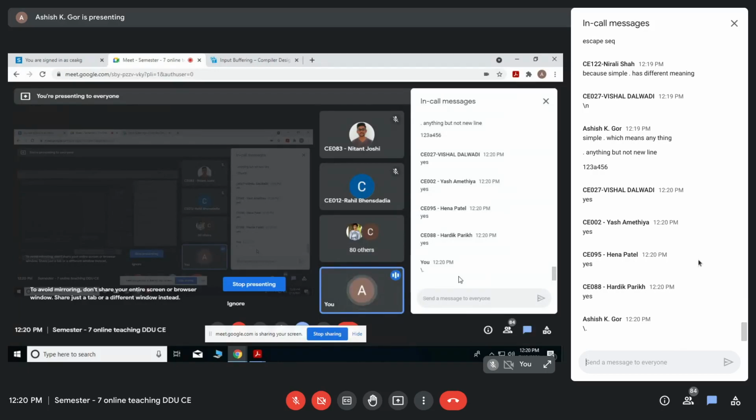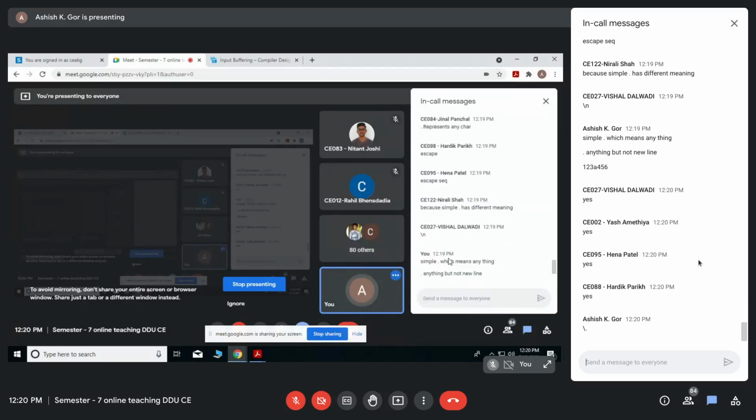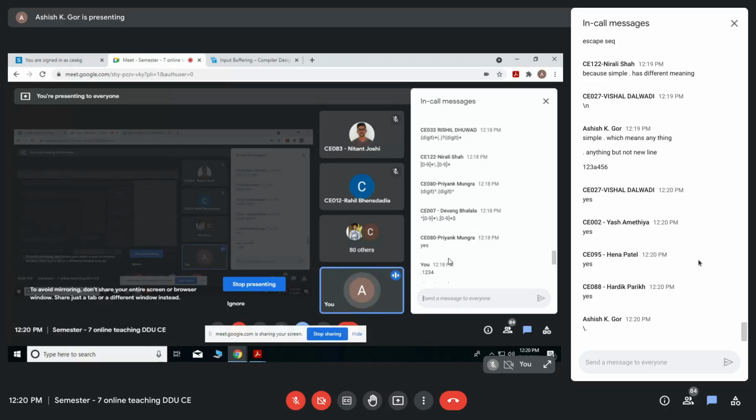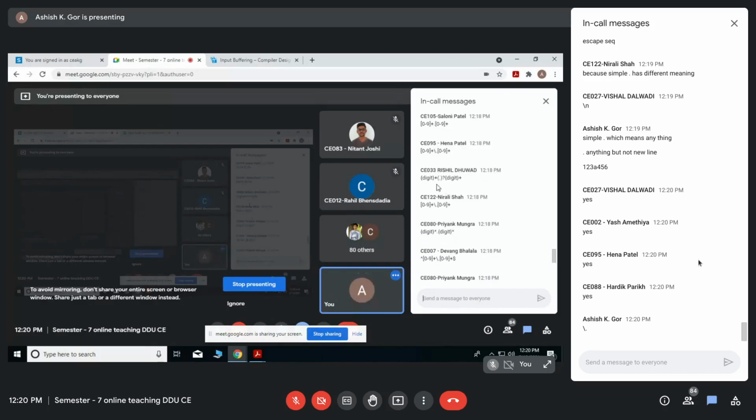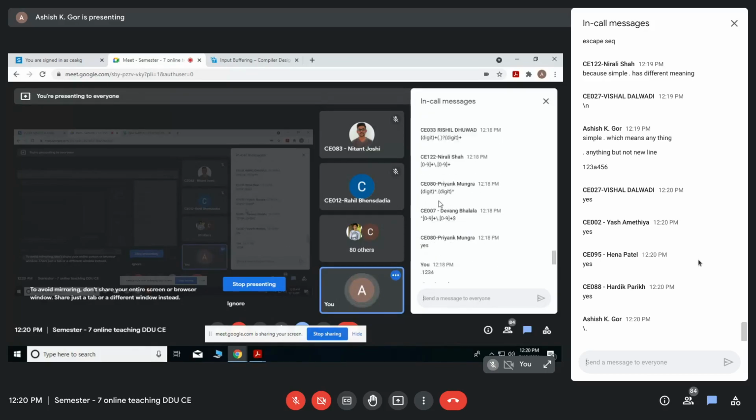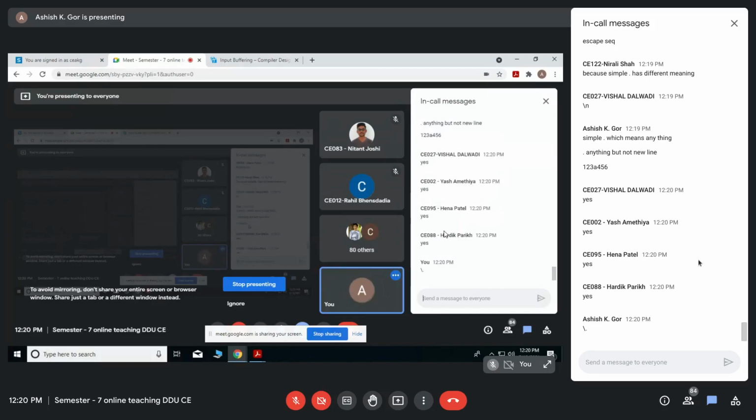So what you have written is digit star, then backslash dot, and then digit plus, which would be a good thing, right? Is it correct or not? What do you think?